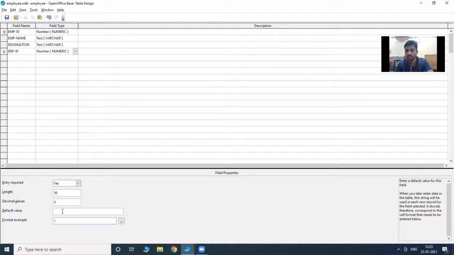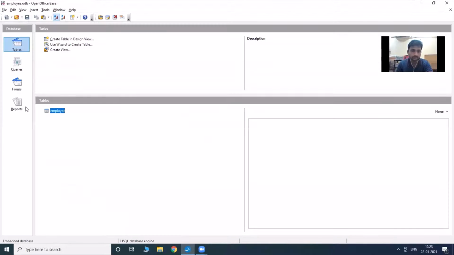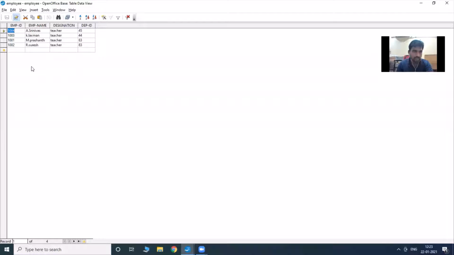If you wish to write a default value, when it is required, the default value will be present in the table, so you can change it. Or if you miss out a value, then the default value will be present. I'll show in the table. Suppose I take 101 as the default value, so I'll save it. I'll edit the table. Now double click. See, the next value I'm taking, teacher and 101 are the default values. So these values we have to enter, 105, and here I'll enter the details.